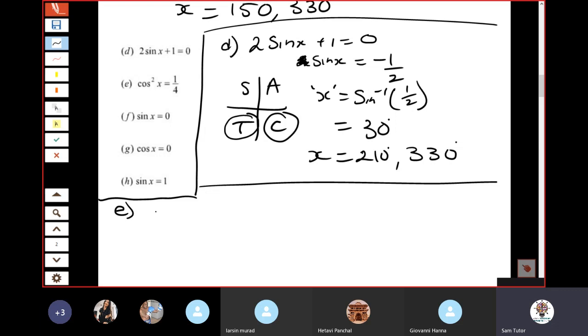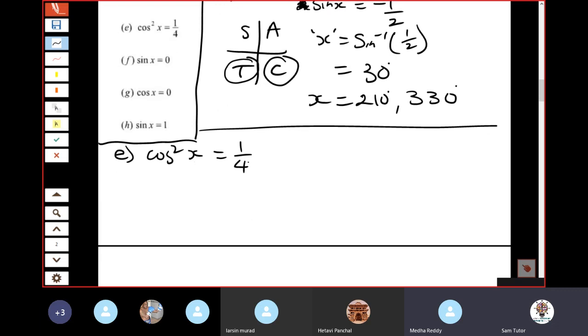E, cos squared x. Meta, this is your one. Cos squared x equals a quarter. Let me know when you're ready. Yeah. Okay. Now, you definitely have numbers on the right-hand side, so that's not a problem. But you've got this squared term, which we usually don't have on the left-hand side, so you've got to get rid of that first. Before you say what you're going to say, all I'm going to say to you is be careful with what the right-hand side becomes. Okay, ready now? Cos x